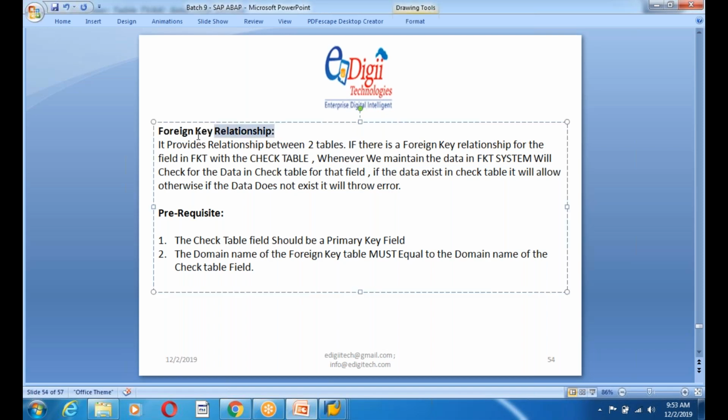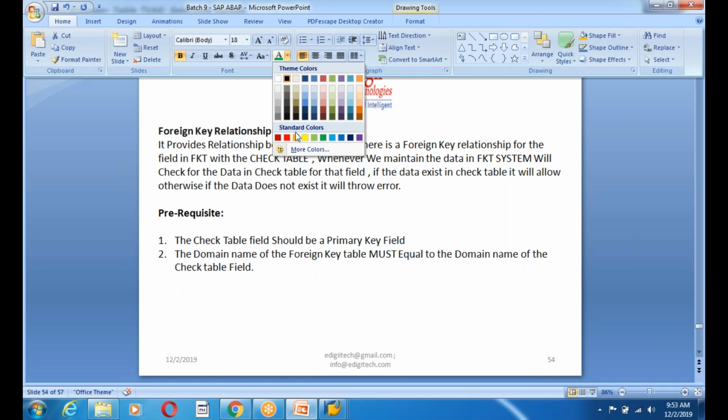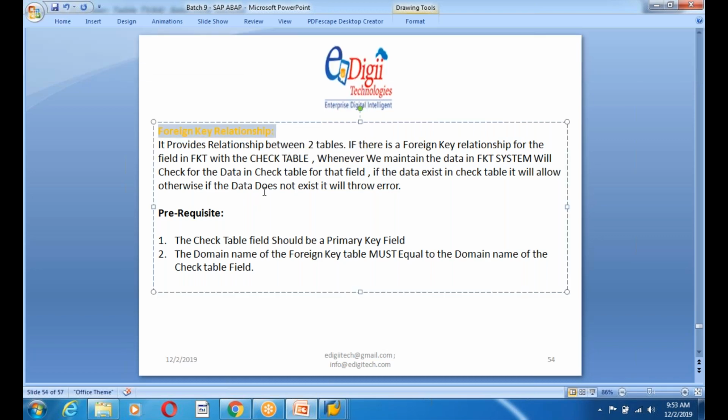Are you clear or not now? The foreign key relationship, are you clear or not? Still, do you have any questions? Still blank faces. Once again. What program? Simply I read this. What exactly is this? Read it. What is it? I will explain. Tell me what it is.